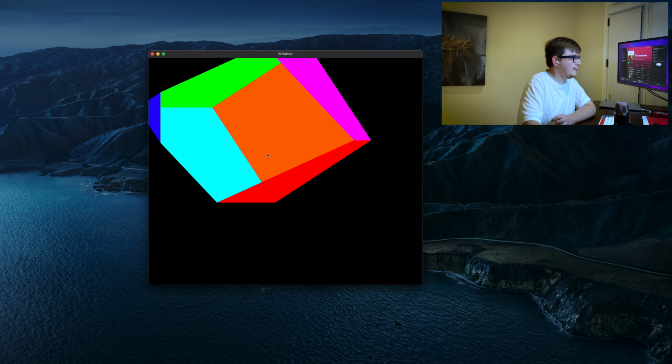To render 3D, we just need to add two more components. One of them is a depth texture and another is a depth stencil state. Now let's take a look at each of them. A depth texture is basically just a region in memory to store the Z coordinate of each pixel. Now this is required for the GPU to be able to understand which parts of the 3D model are visible on screen